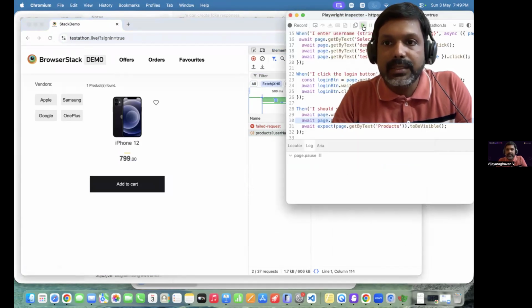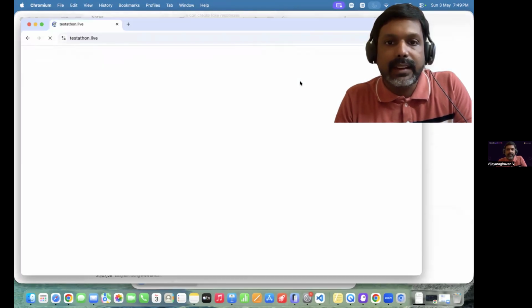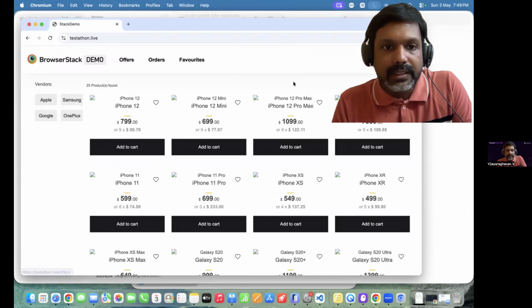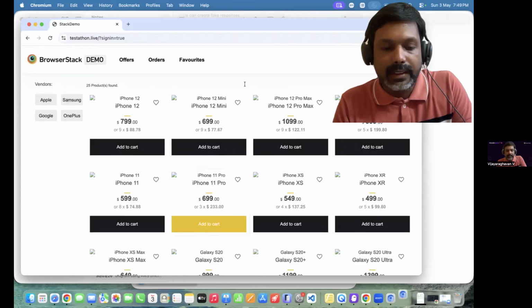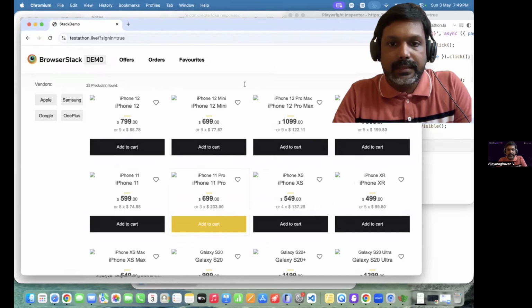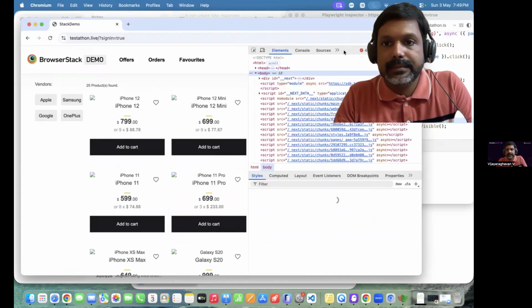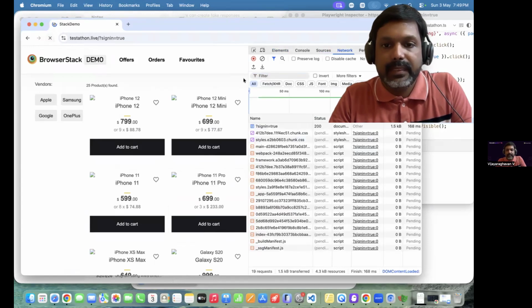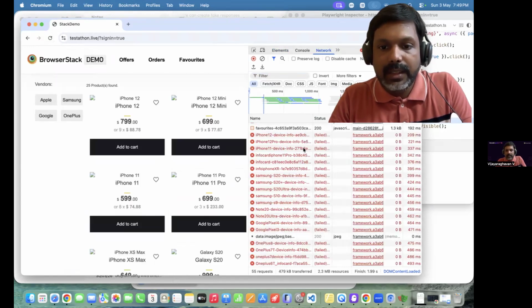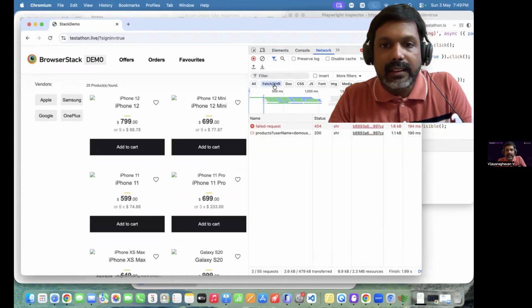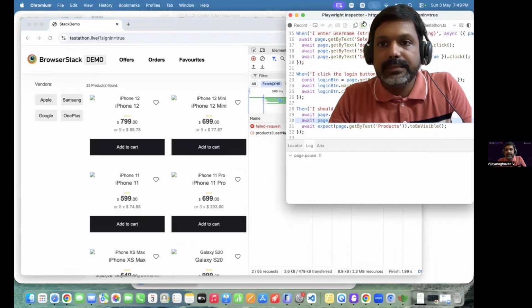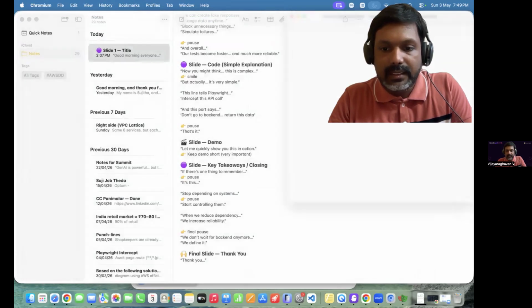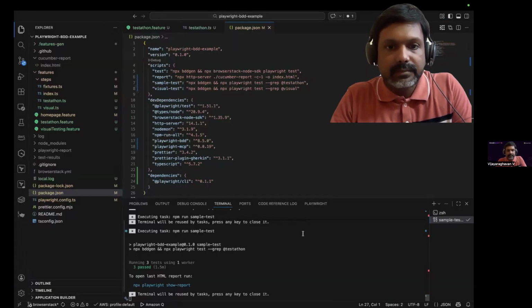The third scenario is where we block all the images in the application. If you see, all the images have been blocked here. Yeah, this is a sample response. And going back to the slide,